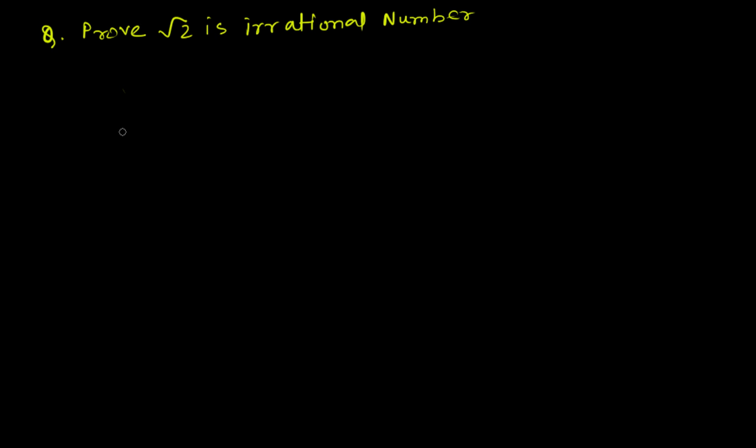So we will write: let root 2 be a rational number. Though we need to prove it's an irrational number, as we are doing the contradiction method, we are taking root 2 to be a rational number. As root 2 is a rational number, according to the definition of a rational number, root 2 can be represented in the form a by b,